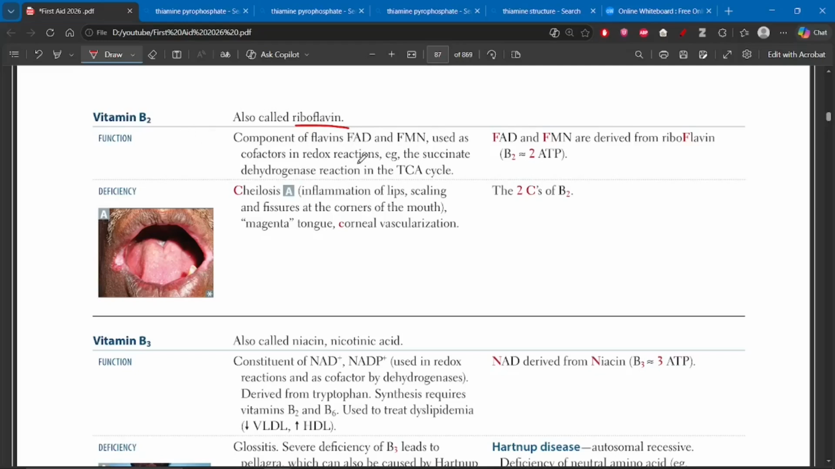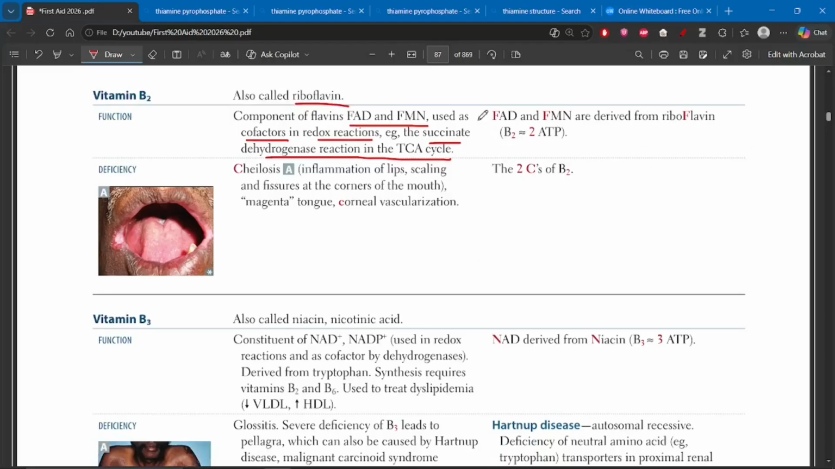Now, the function of vitamin B2 is that they are components of flavins, and they're used as cofactors in redox reactions. So vitamin B1 was used in the dehydrogenase reaction. These are used in the redox reactions. They are used in the succinate dehydrogenase reaction in the TCA cycle. It's not purely a dehydrogenase reaction. It is a redox reaction. So it's a dehydrogenase and oxygenation reaction together. So basically, what you just need to understand is that they're part of the FAD and FMN